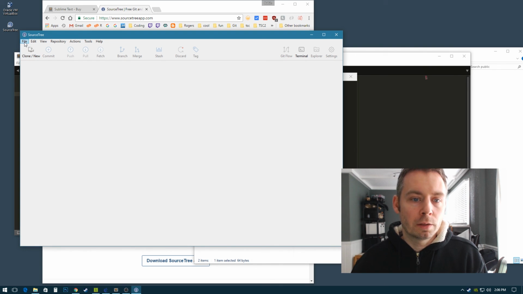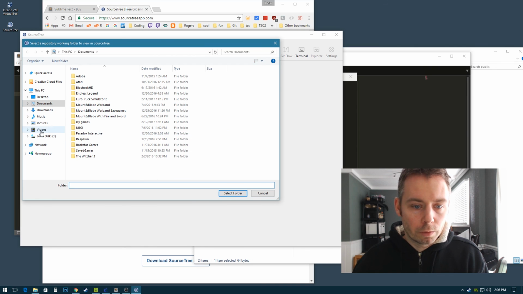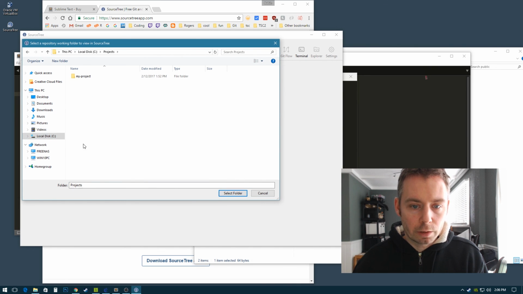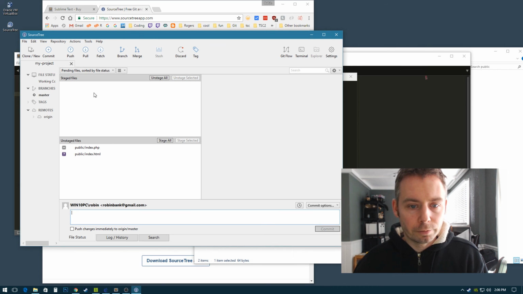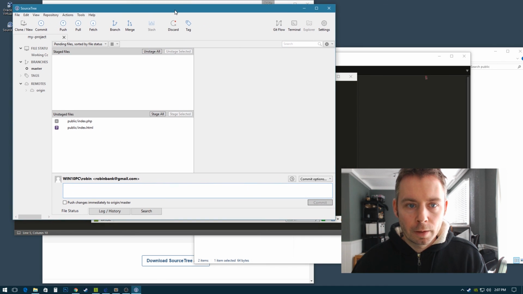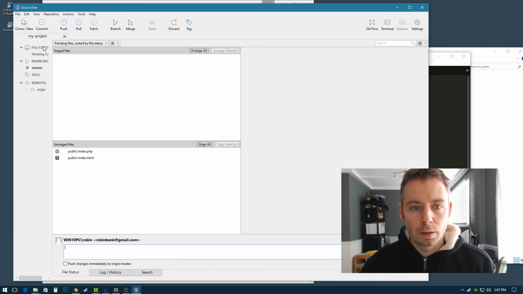So let's set this up for the new repo we created. So we'll go to open. We'll go to our C projects, my project, this folder right here. We'll select it. It should detect that you have a repo in here, and yes, let's make a bookmark so it's easier to find next time. And it says, okay, a lot of junk going on in this page, but basically, if we go through these,